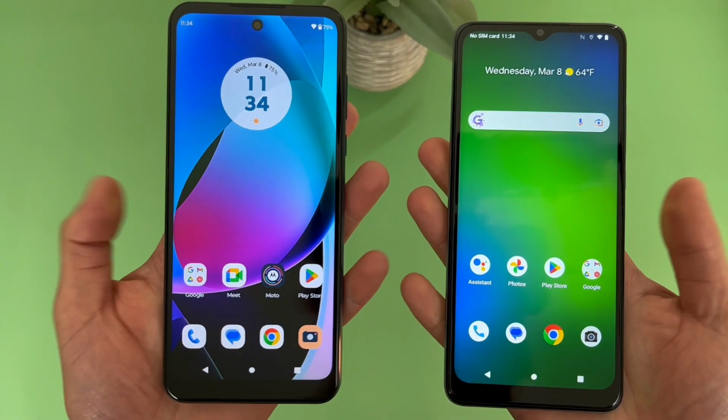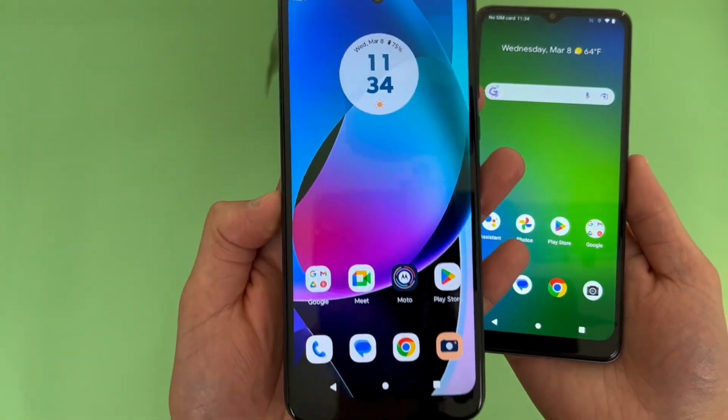In this video, we're going to be doing a quick comparison between the Motorola Moto G Play 2023 and the